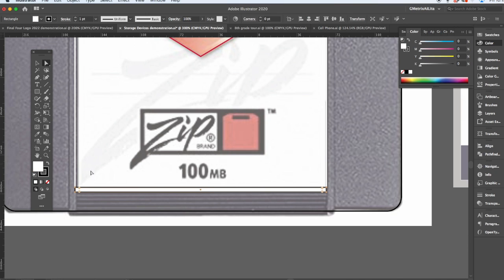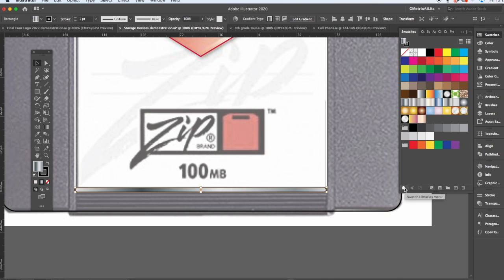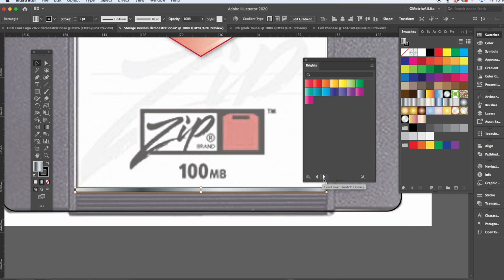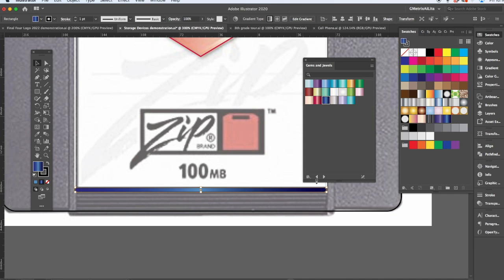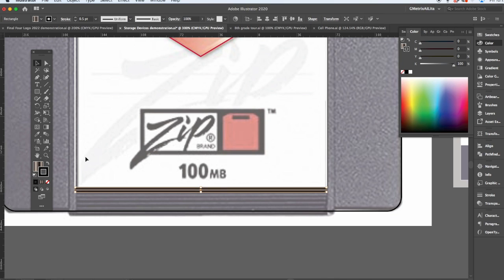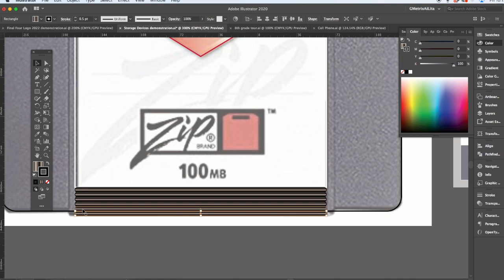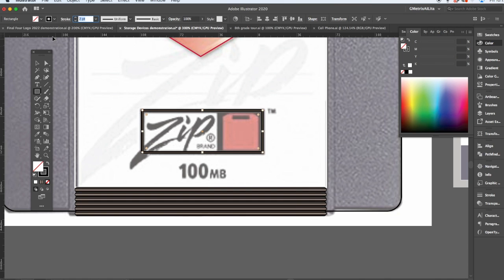The texture on the bottom is just a rounded rectangle, using the widgets with a gradient fill, and just kind of toggle through the swatches at the bottom of the library to go through the different pieces. And metal sometimes has a preset that works, and you can use the annotator to do a vertical gradient tool and just option and duplicate it down and group all these together so you have this texture easily placed in there. And the second section, anytime doing this logo, just making a rectangular shape, copy, paste in